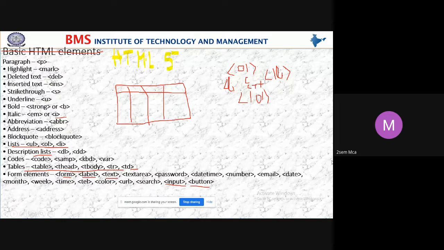I repeat: form, label, text, input, button.